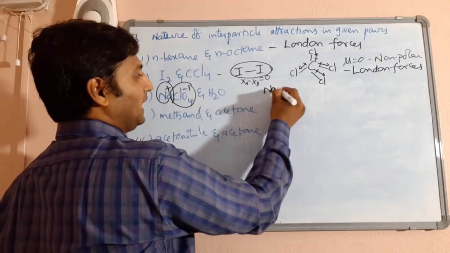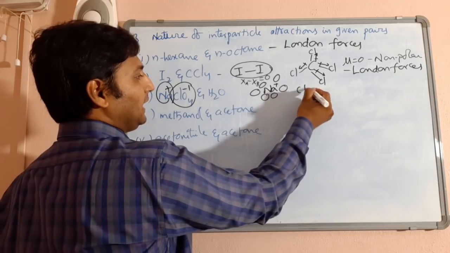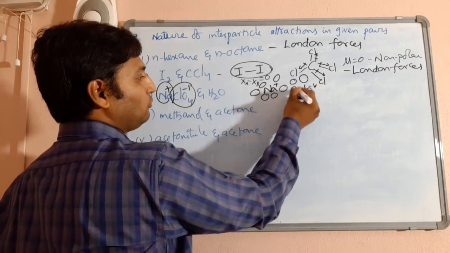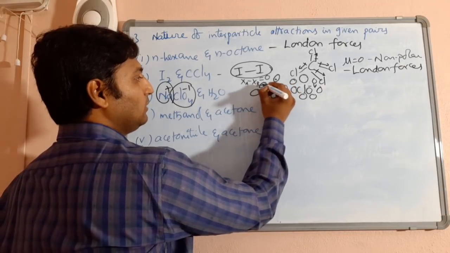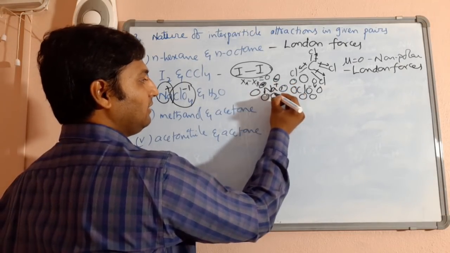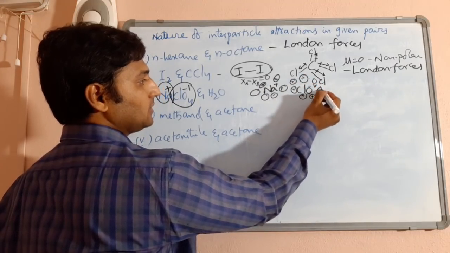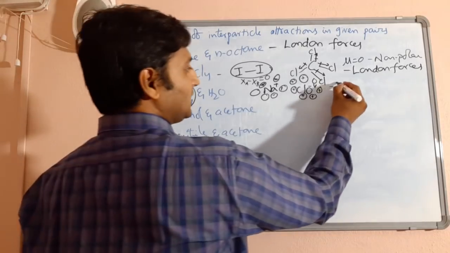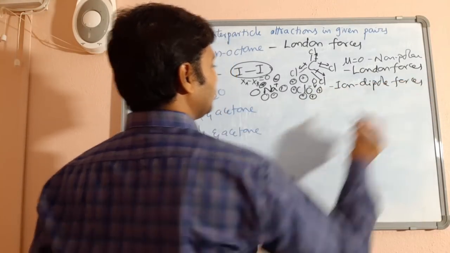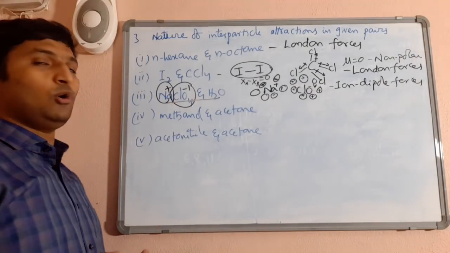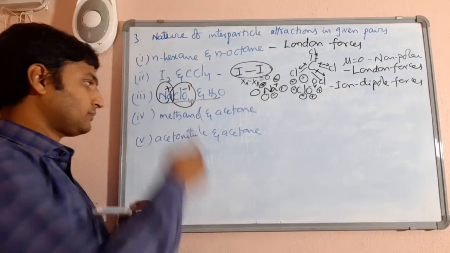Then each sodium cation will be surrounded by a set of water molecules, and each perchlorate anion will be surrounded by a set of water molecules. When water molecules surround sodium cation, they surround through their negative ends. When they surround perchlorate anion, they surround through their positive ends. Such interactions are called ion dipole forces. So, the attraction forces holding sodium perchlorate in water will be ion dipole forces.